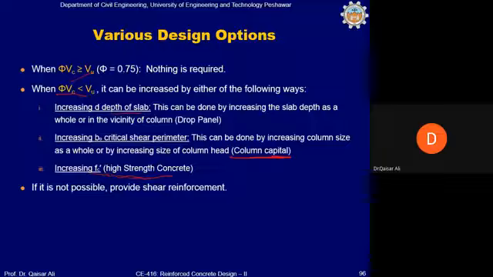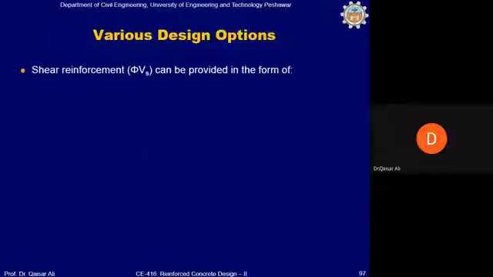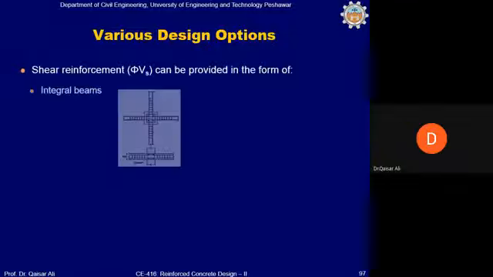If all these options cannot be explored or provided due to some reason, then we will provide reinforcement. Reinforcement can be provided in 4 ways. The most common is providing an integral beam. An integral beam is a beam which will be placed inside the slab so that it is not projecting out of the slab like this. If you want to see this in a section, it will look like this. This will be a beam contained within the slab,